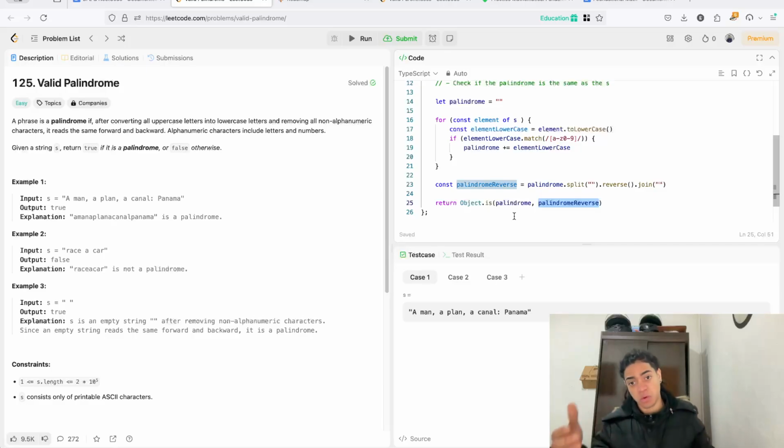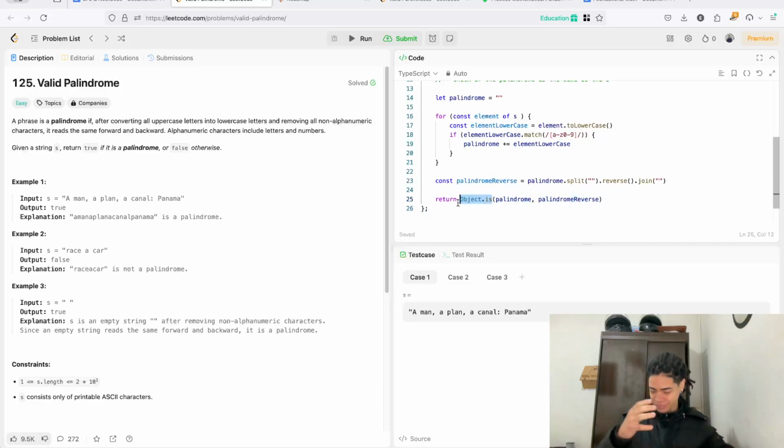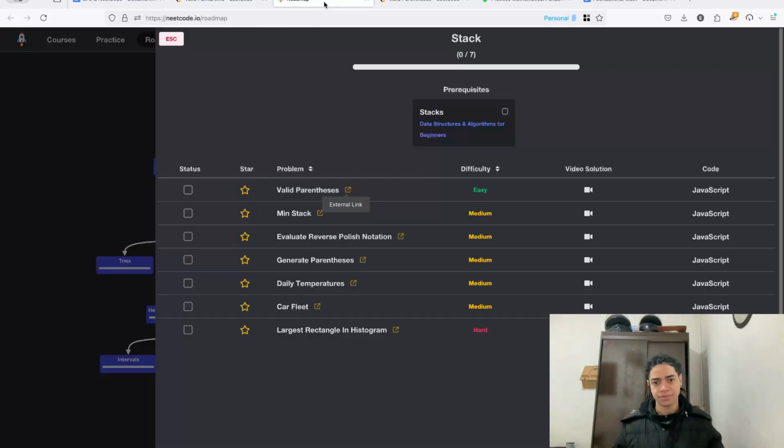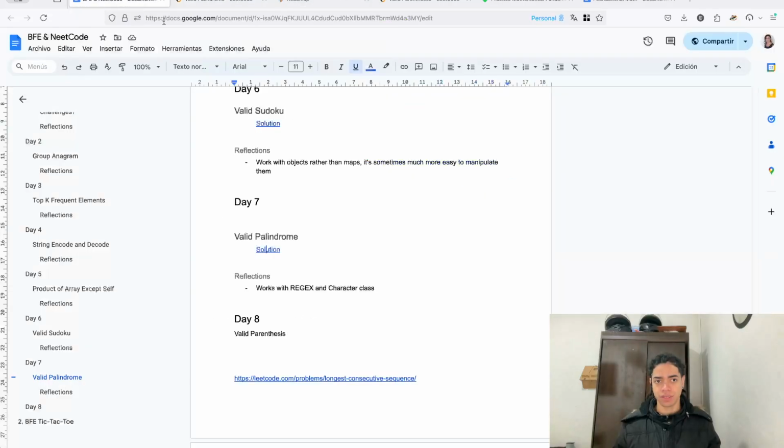Again, because we're working with strings, that is not an issue. But it's just a way to practice the soft skills as well as the hard skills, and why we use Object.is. Alright, so finally,